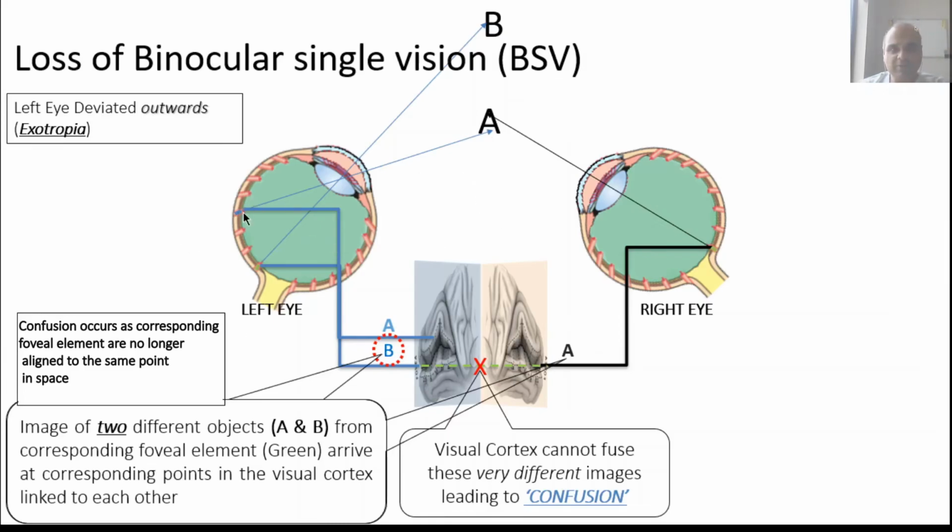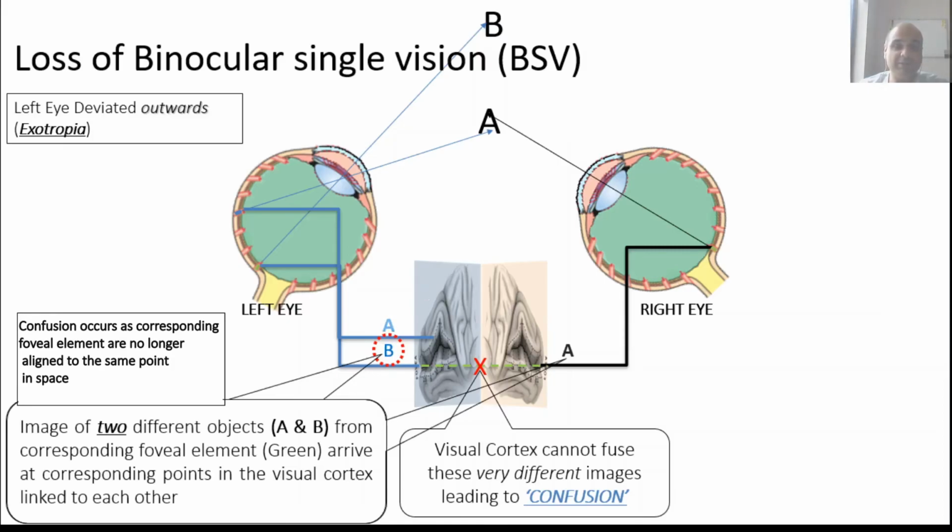So as you can see, it's a different photoreceptor as shown in blue. So it's a different retinal element. It's no longer a foveal element because the fovea of this eye is looking at B. So it's another, extrafoveal retinal element, and it's sending the information through its own pathway all the way back to the visual cortex, and it's coming in here. The right eye is fine. The foveal element is looking at A. It's following its hard-coded pathway all the way back to the visual cortex and ending up where the foveal pathway ends. But the problem is, two A's are now being sent, or images of the letter A are being sent to the visual cortex,